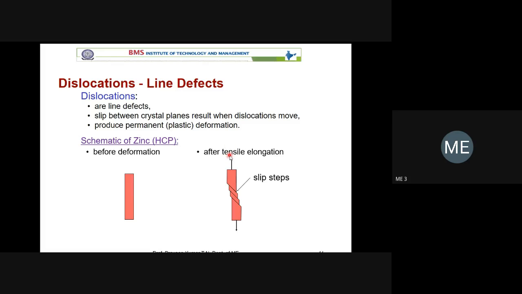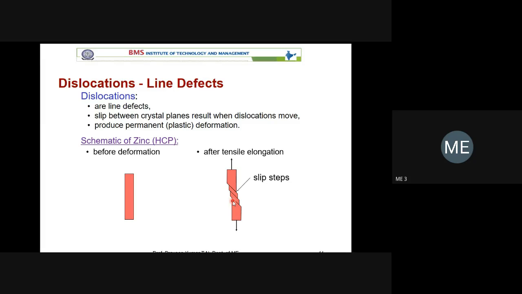Once load is applied, it undergoes elastic deformation. Whenever it undergoes elastic or plastic deformation, some slip planes will be created here. Like playing cards, if you push, one card will slip over another card. You can imagine, no? In a similar way, there are different crystallographic planes in the material, in the grain. When subject to loading, the complete slipping will take place along the favorable crystallographic plane. You can imagine 100 planes or a few hundred or 50 planes.